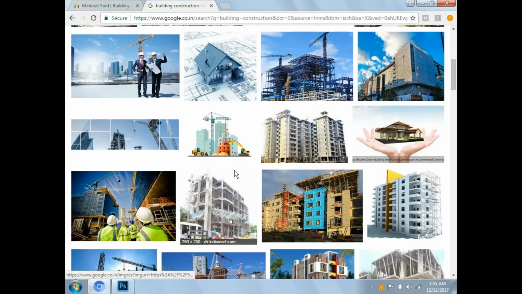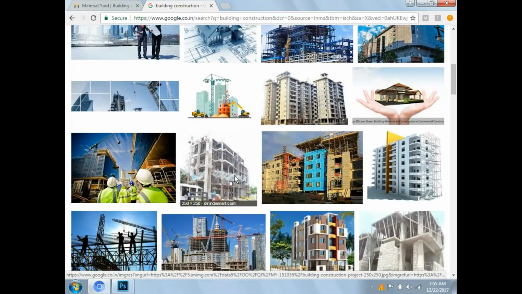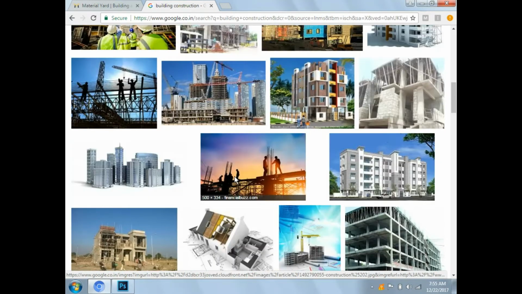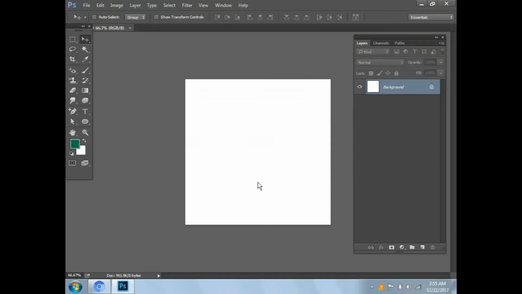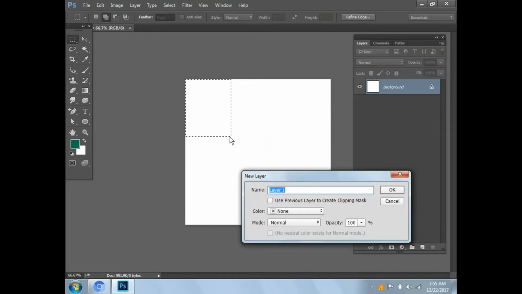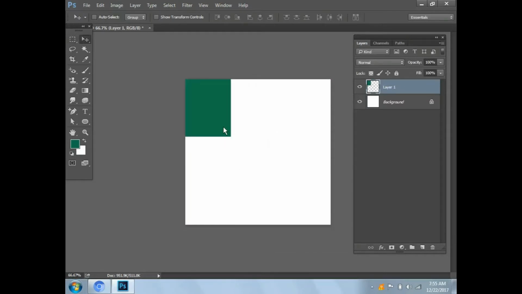Then let's create the boxes. I need to create all the images. I have taken the duplication concept.